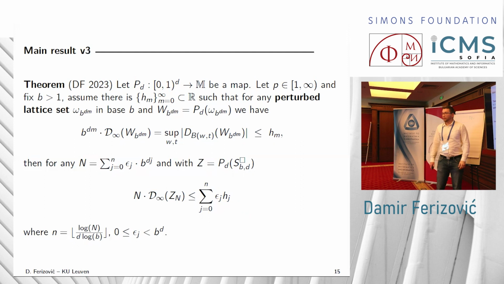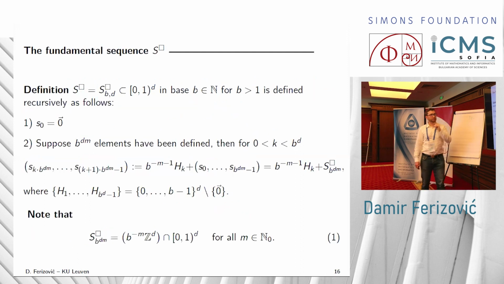All right, so the next and the most important thing is the definition of this sequence S box. It is in base b and dimension d. And that's the definition. The first step is you choose S0, and I'll initialize the sequence with 0, just the origin. Now assume you have defined b to the dm elements. What we do next is for every k